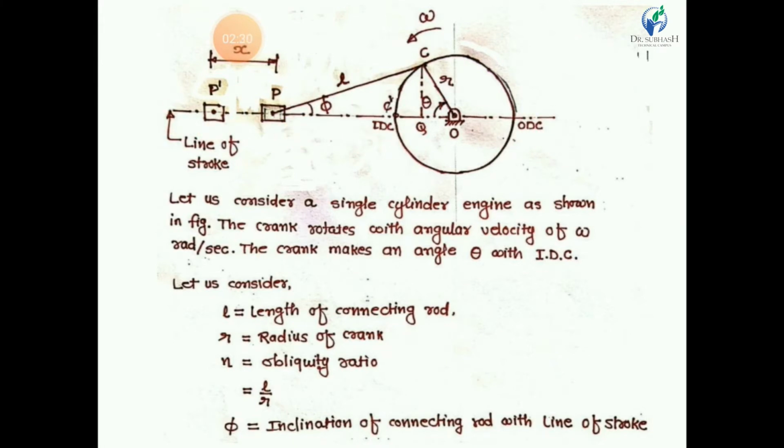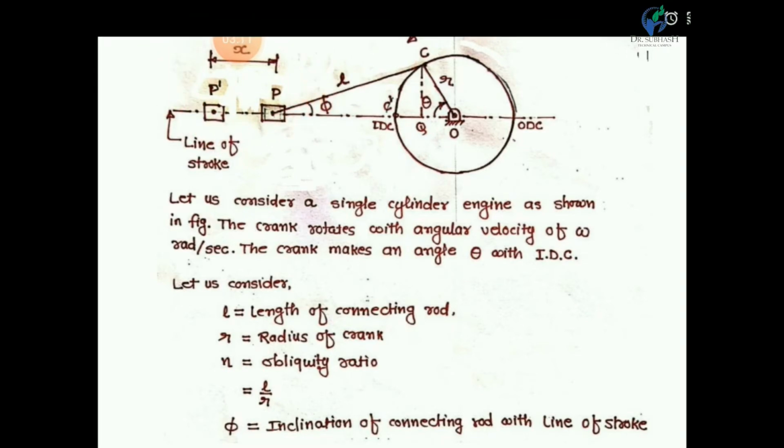Now, as shown in the figure, we consider two triangles. There are two angles: one is theta, and this other one is phi. Now, OC is the initial position of the crank. When the crank rotates from OC to OC dash through an angle theta, the piston moves from P to P dash. In a simple way, we can say that when the crank rotates through angle theta, the piston is displaced through a distance x. So it is clear, my dear friends.